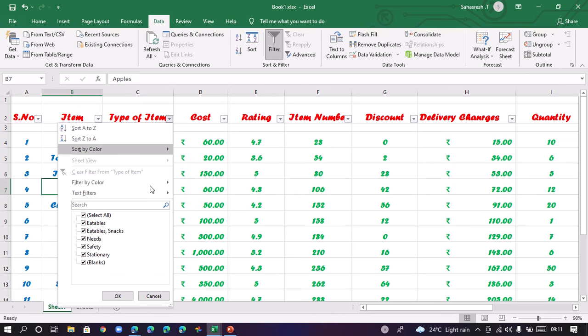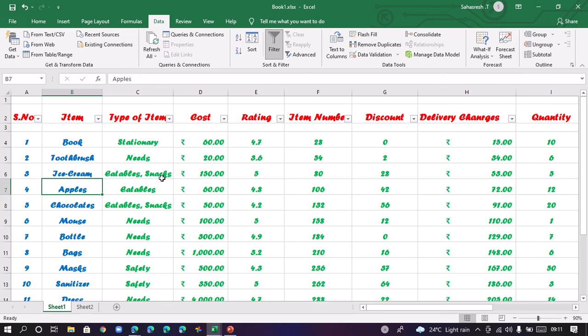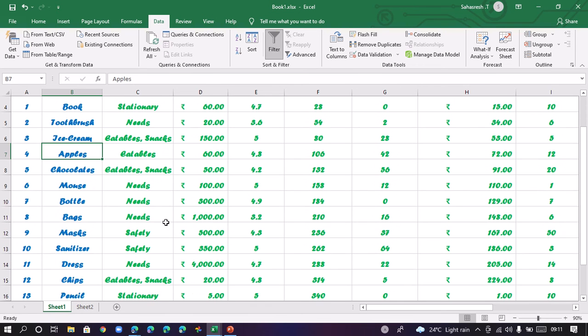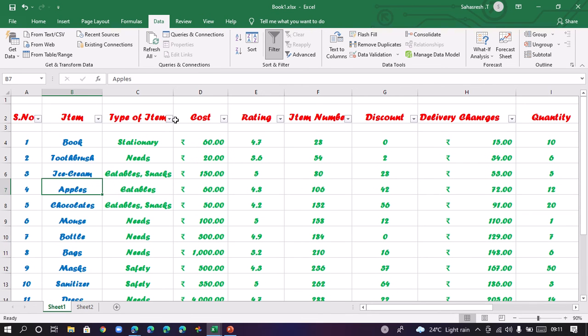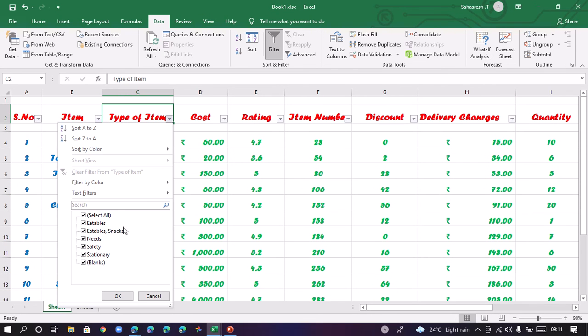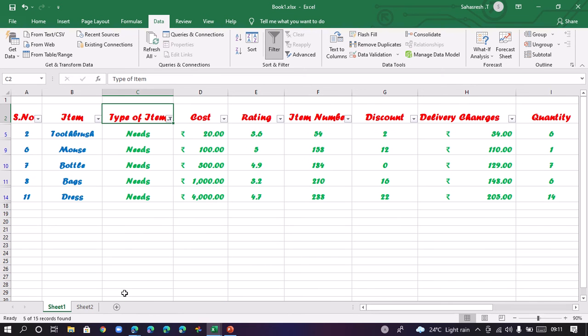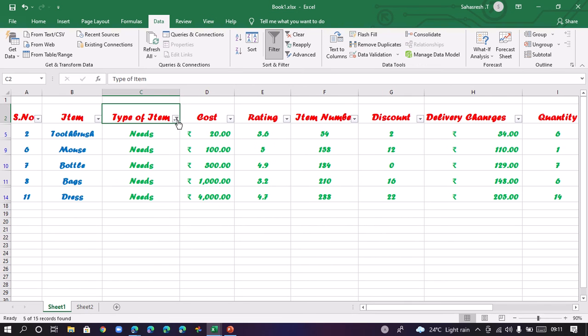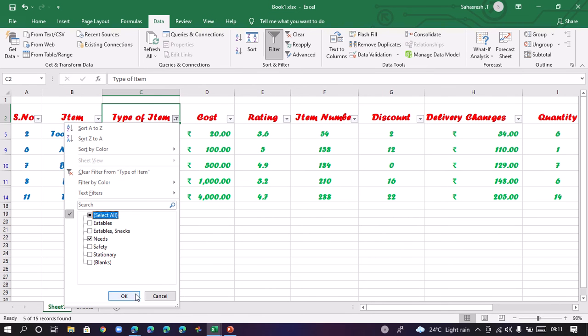For the type of item, I have the types stationery, needs, eatables, snacks, safety, and stationery. If I select the filter option and click only needs and click OK, I get all the items that are in the category of needs. And like that, we have it for all.